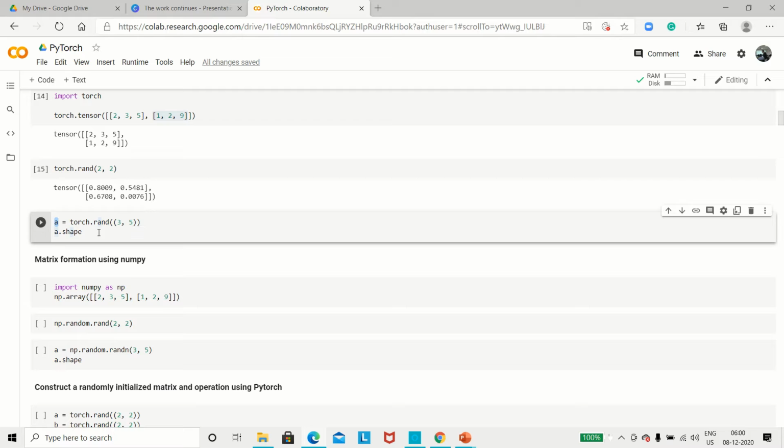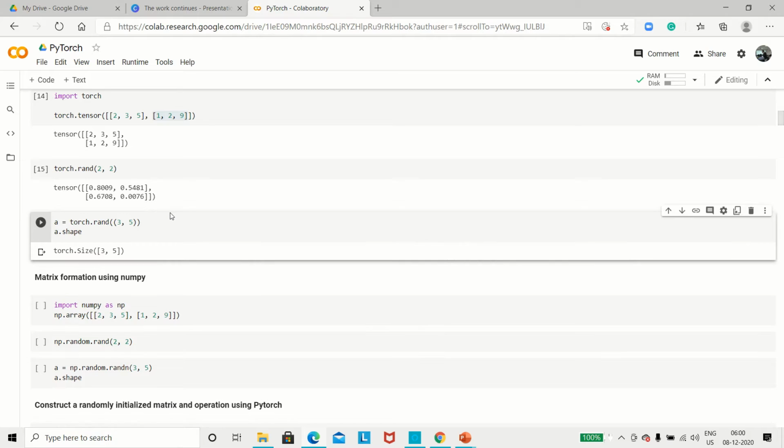I'm defining torch.rand again, and this time I want to draw a 3 by 5 matrix. Since I have called a.shape, I only want to check the shape, I don't want to print the matrix. It is telling me that a matrix has been created with shape 3 by 5, that means 3 rows and 5 columns.